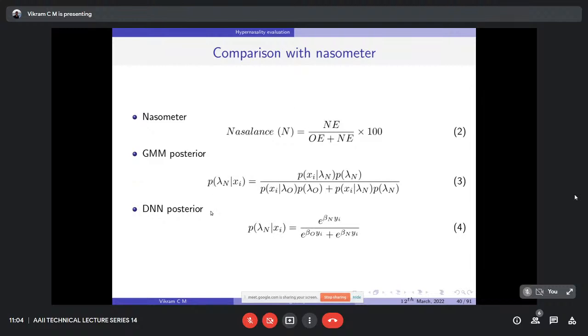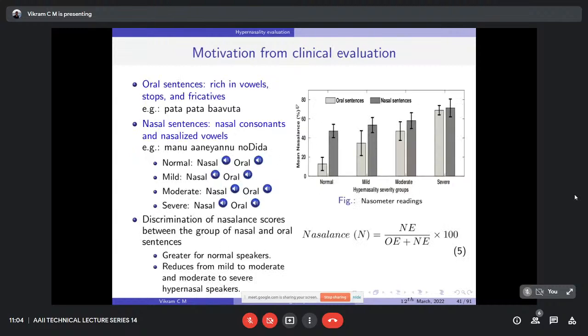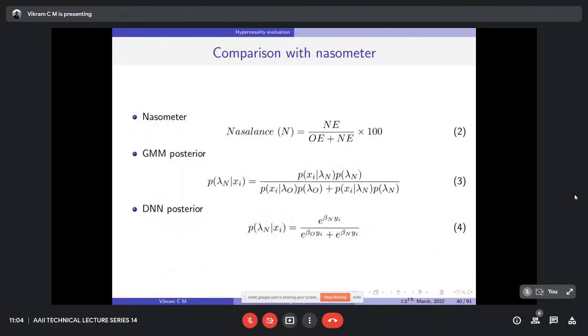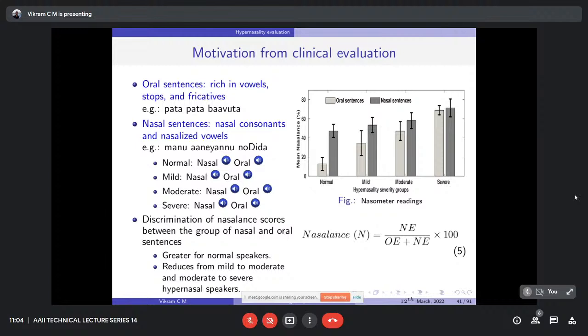And if you have the DNN posteriors, these are the softmax posterior probability values. Using these probability values also, we can get a similar kind of nasal lens score. For this, we need two models, one for the nasal and one for the oral. To develop such models, we take speech sounds from completely normal speakers, that is the oral sound. So the oral model is developed from the oral sounds of normal persons, whereas the nasal model is developed from the